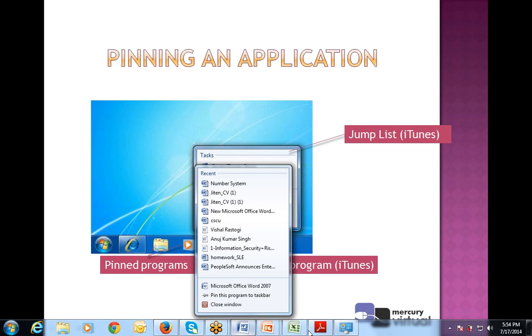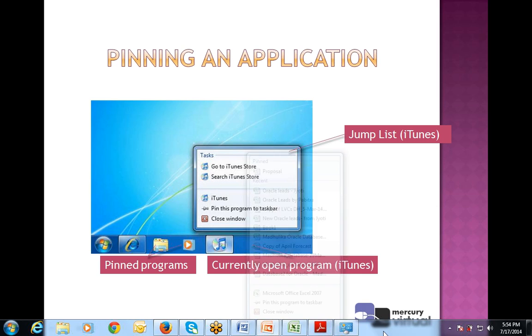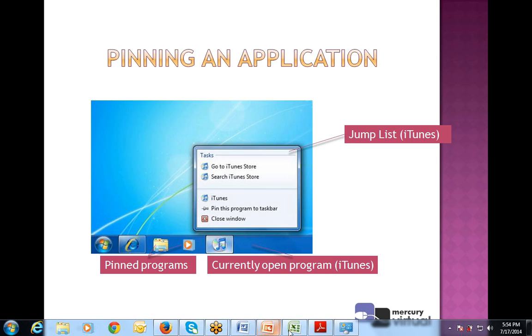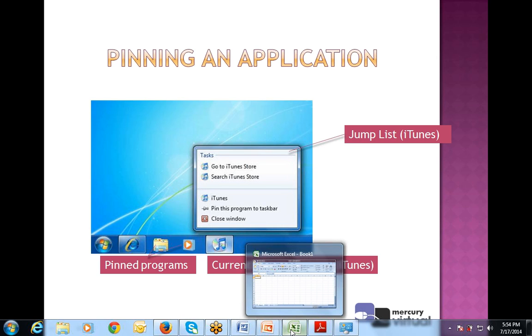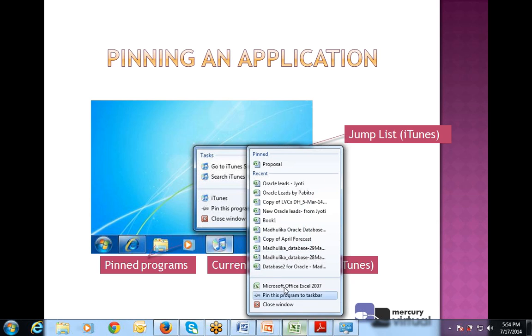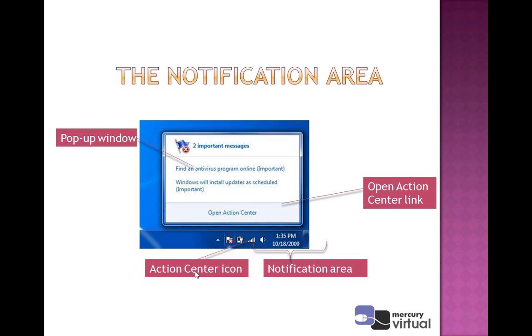Again I'm doing it, if I use this application, that is Excel, just right click, a menu will be generated, that is known as a pop-up menu. Click on pin this program to the taskbar, it is pinned. Then if I want to unpin, just right click and unpin this program from the taskbar. Right. So in simple terms, right click on the application, first pin, then again unpin the application. Let's see another slide.